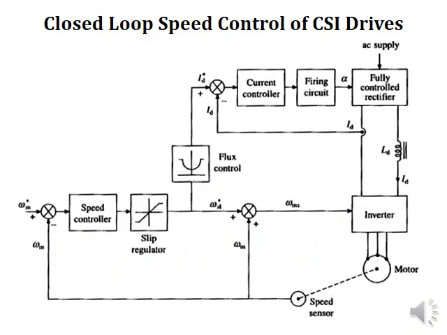So in order to maintain this relation, the reference value of slip speed is given as an input of the flux control loop. The flux control loop will produce a reference value of ID star such that the flux will be maintained constant up to base speed, and above base speed the flux will vary. We have to keep in mind that up to base speed the voltage will be increasing, and when it reaches base speed the voltage also reaches rated voltage, and above base speed operation the voltage will be maintained constant,